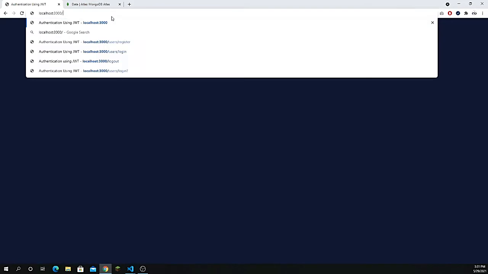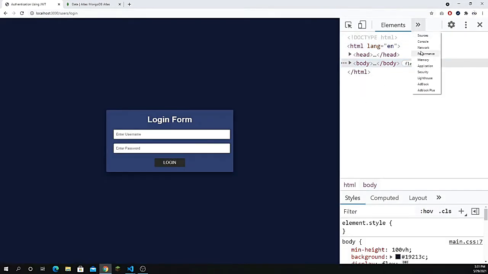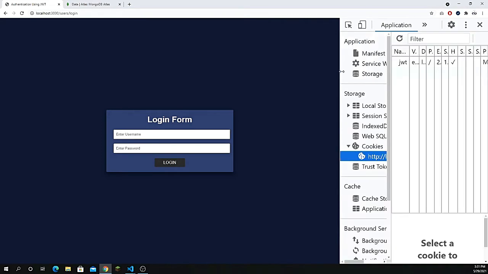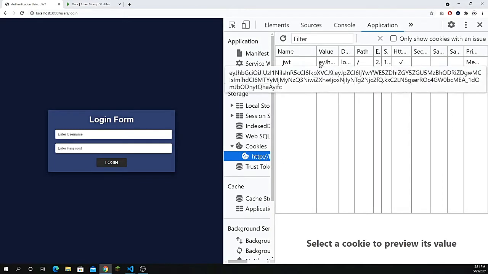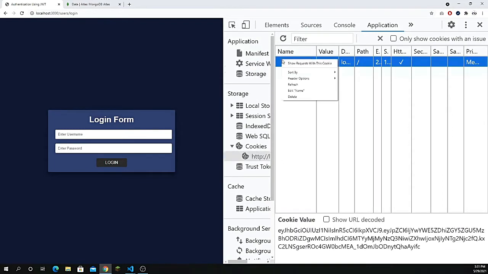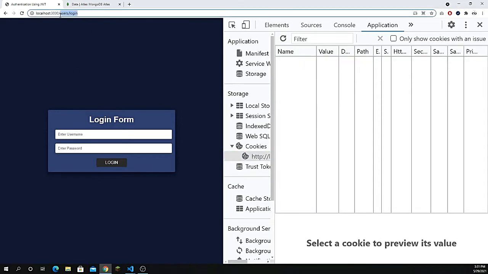But if I want to go back to the login, which is actually fine, I don't want to access the dashboard without my JWT token that is added in my cookies. If I show you inside my application, this is going to generate the value, right? If I just delete the token from here, I'm still able to